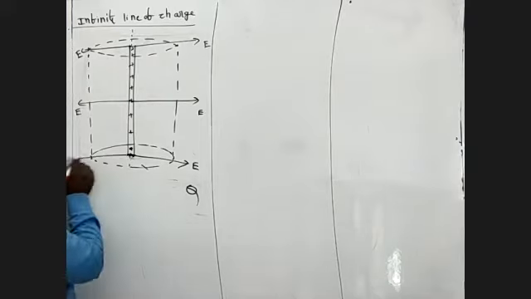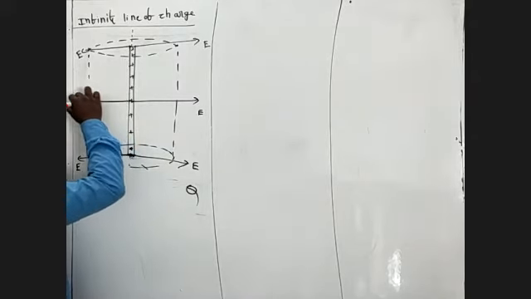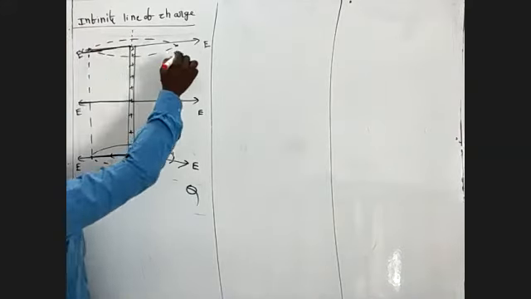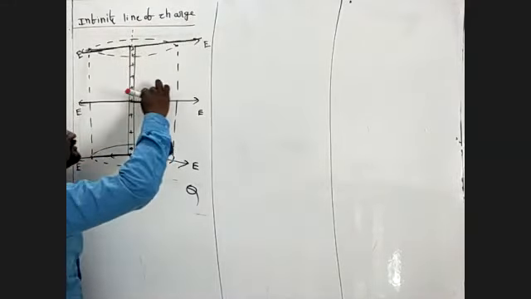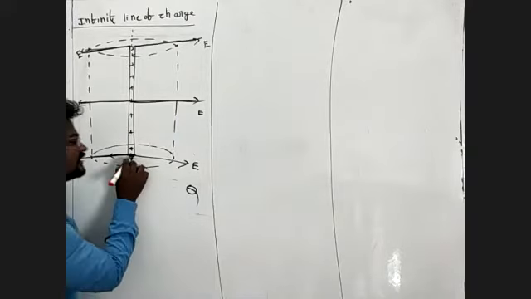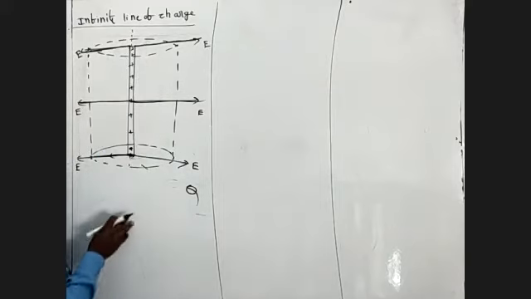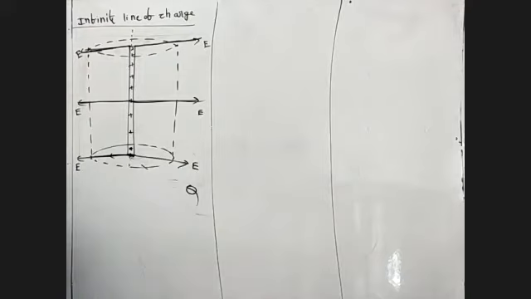Now we will see. This electric field line is passing through the Gaussian surface. This field line also passes through the Gaussian surface. This field line passes outside of the Gaussian surface. These other field lines also pass through the Gaussian surface. This wire has the charge, and the charge produces field lines. All field lines pass through the Gaussian surface, and that is what we have to find out. That is the second point.